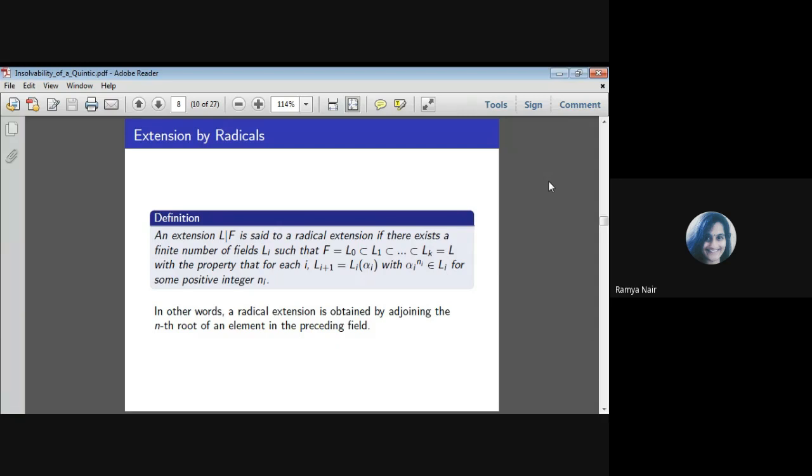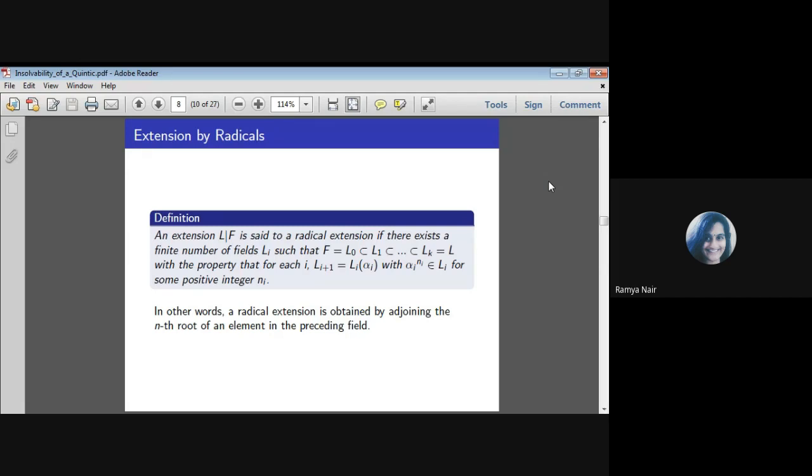So, extension by radicals. What do I mean by that? You have a field extension L over F that is said to be a radical extension if you have a finite number of fields Li, a sequence of field extensions, so that the final field is L and the smallest one is F,